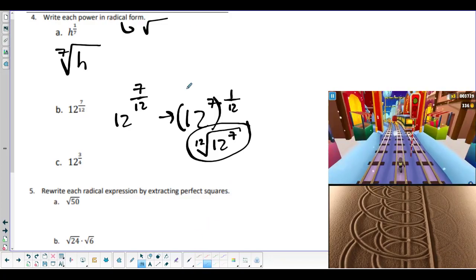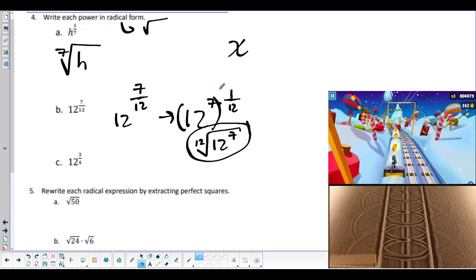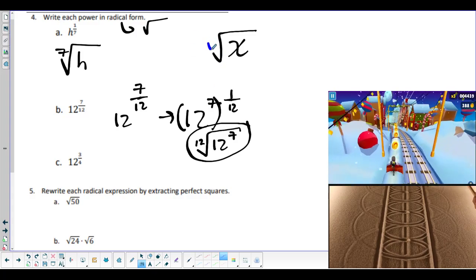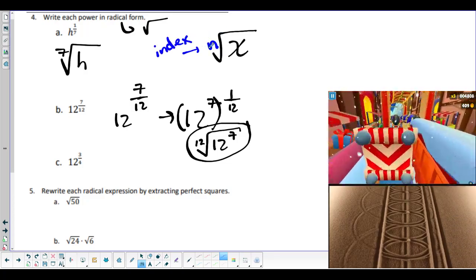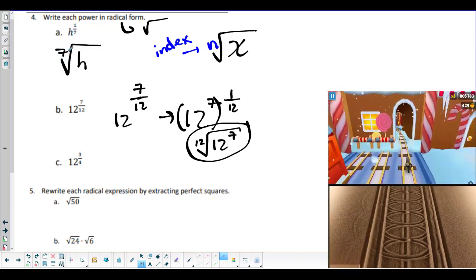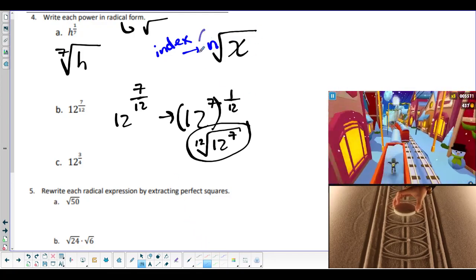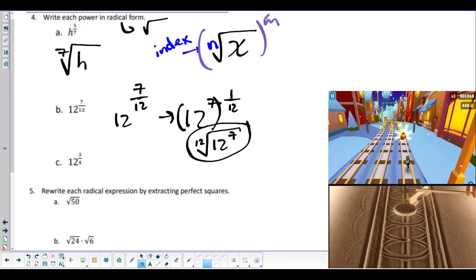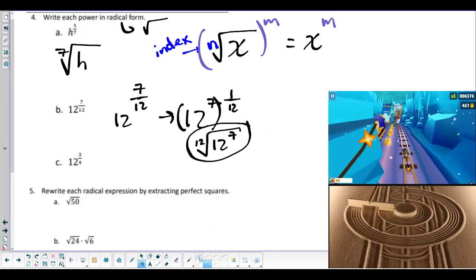I'm going to do a little bit of notes here, if you want this generally, something to help you. This always works, right? If you have any number x inside a radical, we have this number n, and we call this the index, the thing that is the nth root. Like if this was 2 or 3, it would be square root or cubed root. It's this little number that's sort of outside the square root to tell you what root it is. It's the index. Raised to a power m, like this, okay? So if you have an index of n and everything's being raised to a power m, that is the same as x to the power of m divided by n,